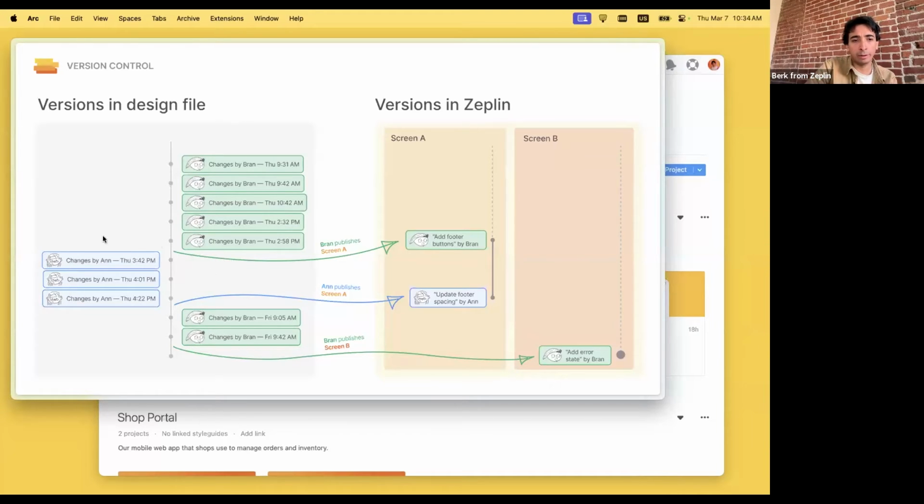So if we continue looking at this list here, Anne comes in, they actually make changes to the same design. So once they're ready, they publish it again. So you can see the history of screen A is growing. And then screen B doesn't even exist in Zeplin at that point. Then whenever Bran's ready, they make changes to screen B and then publish it. And that's how it works. This is mainly how we tackle versioning